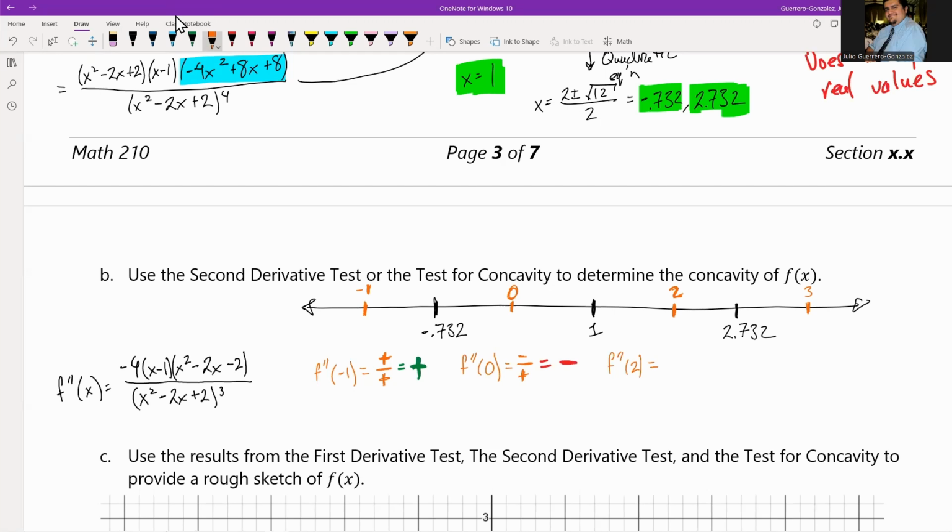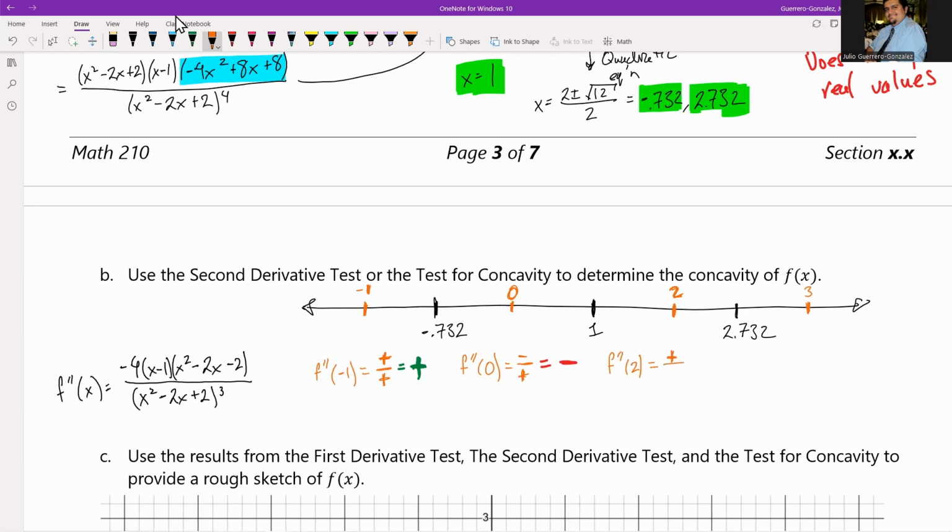So this is going to be a minus 2. Let me get my signs right. See, this is what I'm talking about. That's going to be 4 minus 4 minus 6. So it's going to be a minus 2 times 1 times negative 4. So that's going to be positive